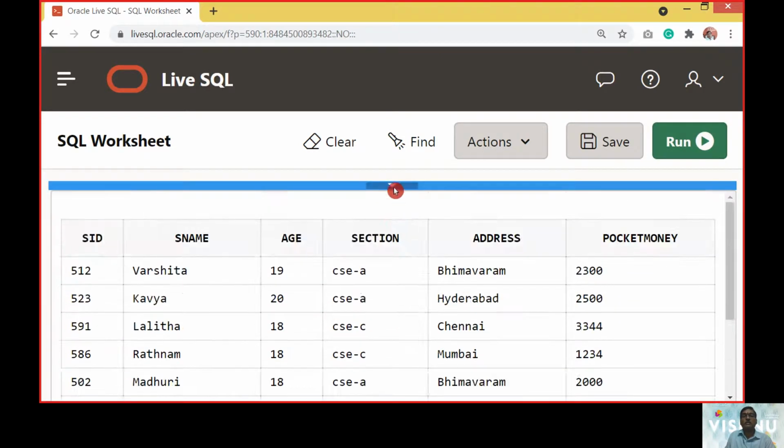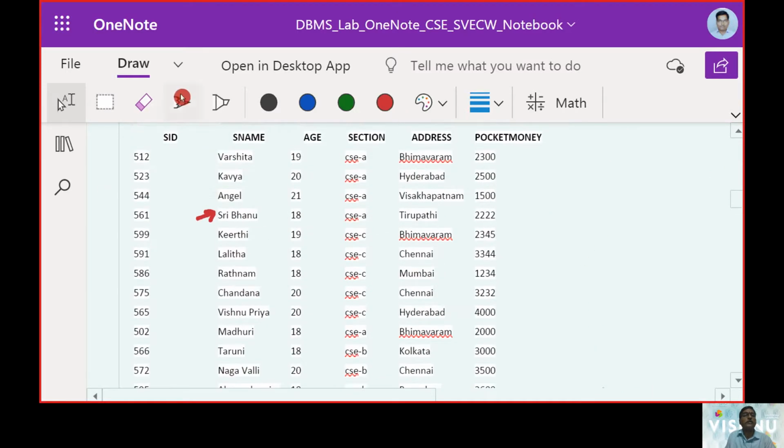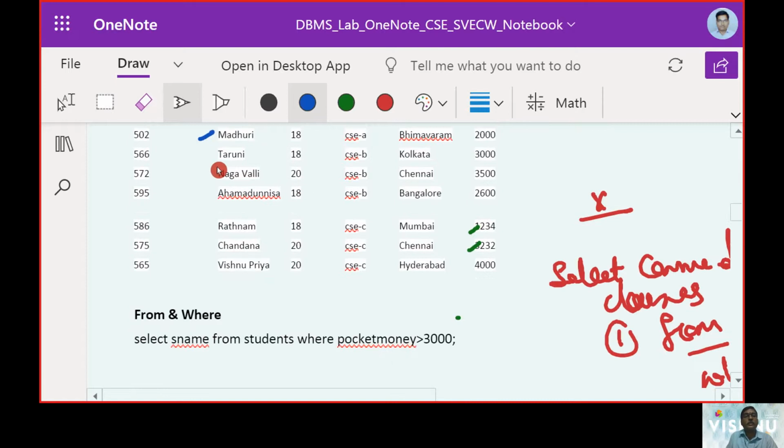Okay, we got some answers. I don't think this is the right way to understand the answers, but we will first interpret what should be the answer. So the second character should be A, right? The second character should be A. So occurrence 1, Kavya, 2, Lalita, we have A as the second character, and Ratnam, A is there, and Madhuri, again A was there.